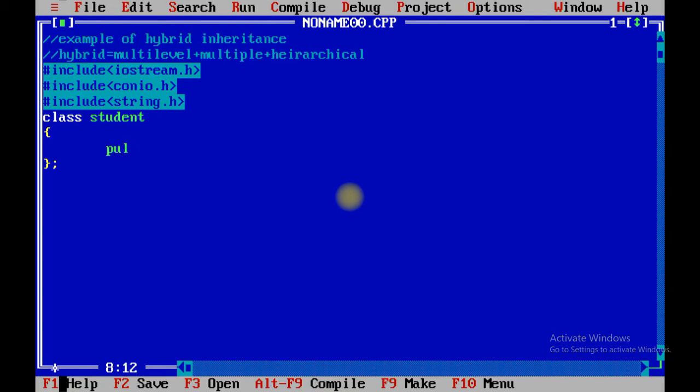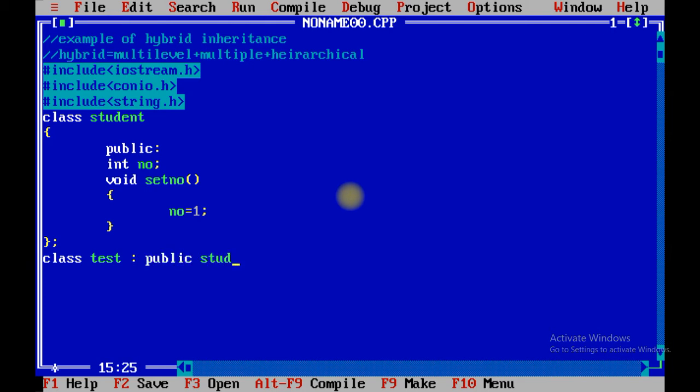We are going to use the public keyword, public integer number, void. I am going to develop a method. Remember one thing, I have not created a constructor over here, so this method can be called with the object of the class. So set number will set the number equals to 1. Similarly, I am going to create one class called test, public student.